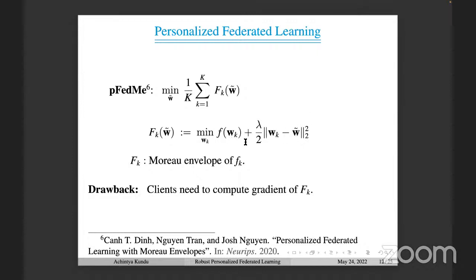And once you do that, then you can always find a local model by regularizing it. So this is the local model computation part, and the global model computation is as it is, but based on the capital F_k's. The problem here is, since you have defined an approximation of the original loss function, you have to compute the gradient of that. And this makes it a little computationally heavy. You have to run a separate loop to compute the gradient of F_k.